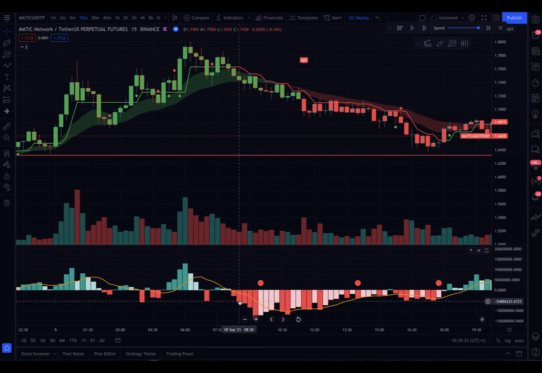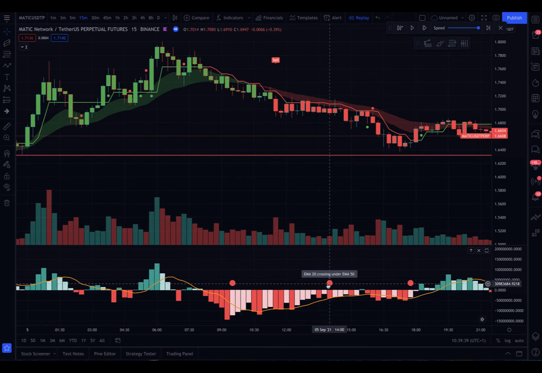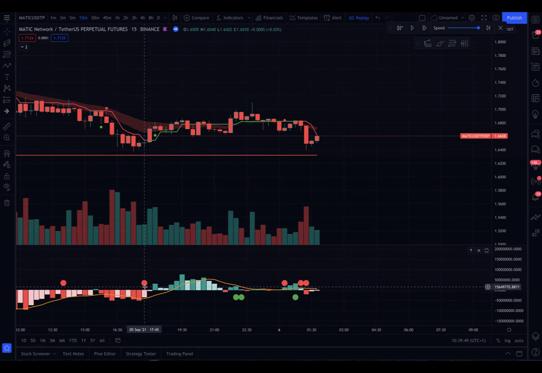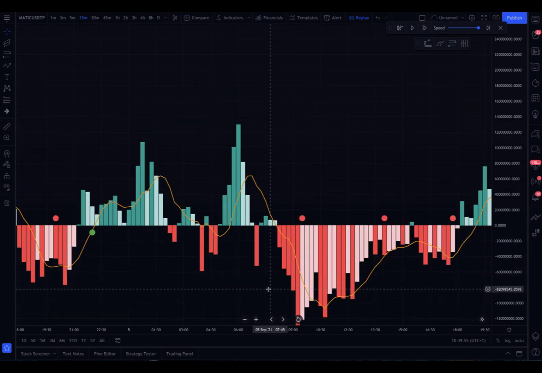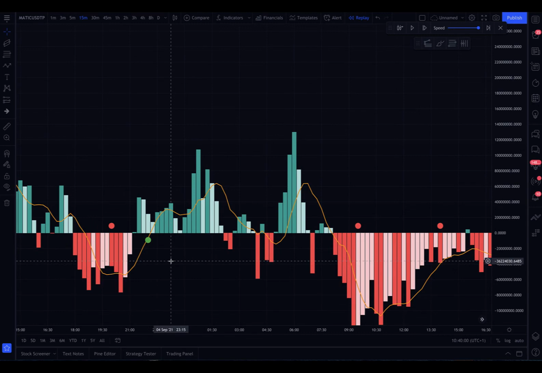Let me show you some more examples here. In this case, 8 crossing 21, amazing. We have this one, EMA 20 crossing 50, which is additional confirmation that the trend downward is to continue. Let's go here as well. Okay, this one 2000, okay, that's fine. Okay, that's great. So yeah, I just wanted to show you basically red dots and green dots, they mean basically